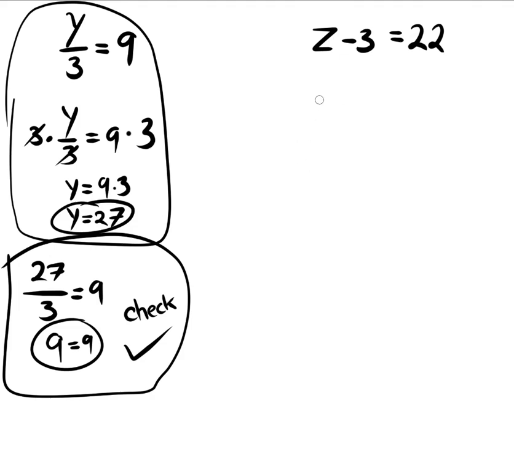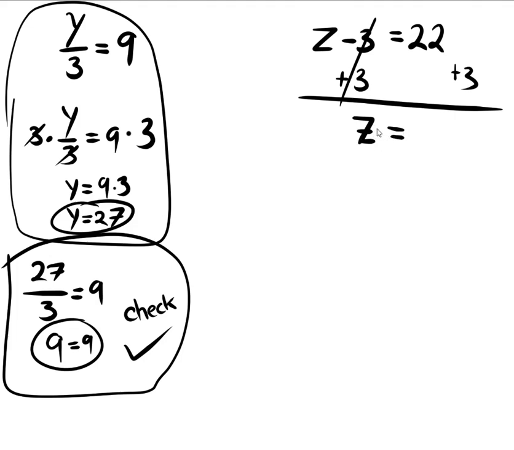All right, hopefully you actually did pause it to see if you could do it by yourself. In this case, the operation currently present is subtraction. I have a subtraction of 3 because there's a negative 3 there, right? And so the z is being added to this negative 3, or subtracted by 3. And so what I need to do is add the opposite, because I want to do the inverse operation to undo it. And I end up with z. These two cancel out. So on this side, all I'm left with is z. Z is equal to,